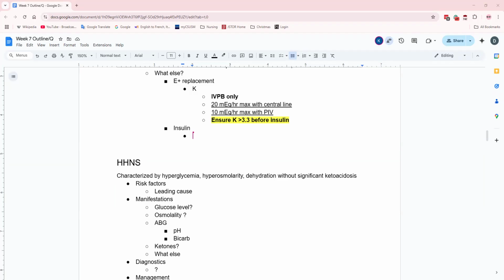And make sure that you're not dropping your rate too fast. Preferably they don't want it to go down over 100 per hour, because you can end up with some weird fluid shifts and ending up with cerebral edema from those fluid shifts. Diego, if you know the patho on it, you can go roam free right now, but I do not know the patho on that.